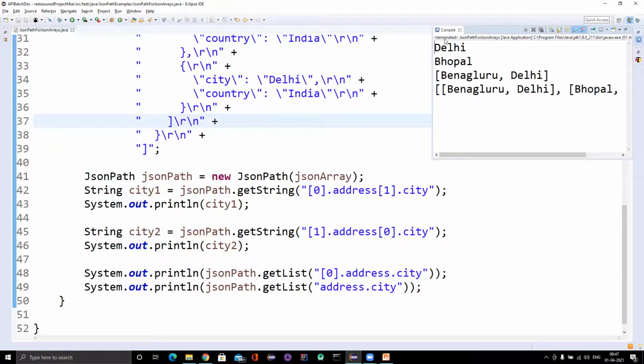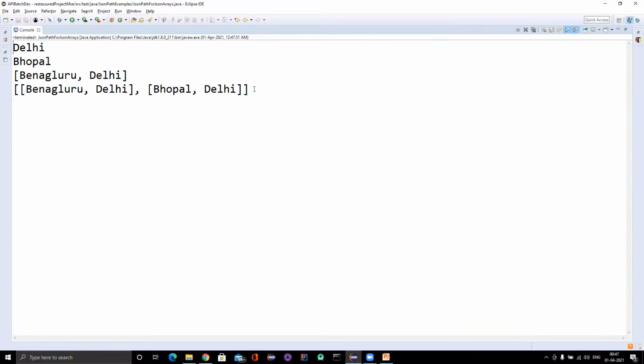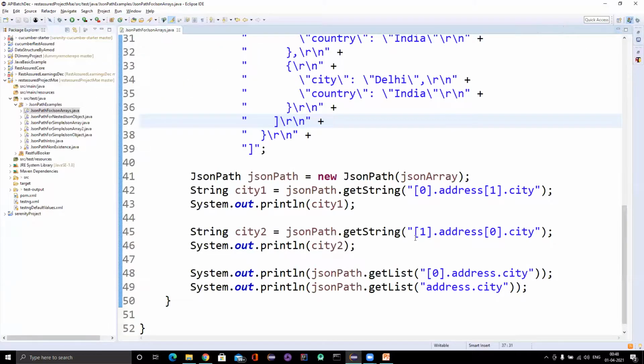You can see how beautifully it is giving the output. It is grouping. This is from the first one where I live, and this is the second one where Mukesh lives. So I think you should be understanding this, and this is asked in interviews also, just to confuse you, but this is very simple. Just need to remember the basic rules. If you want to fetch the data from each JSON object, don't mention the index.